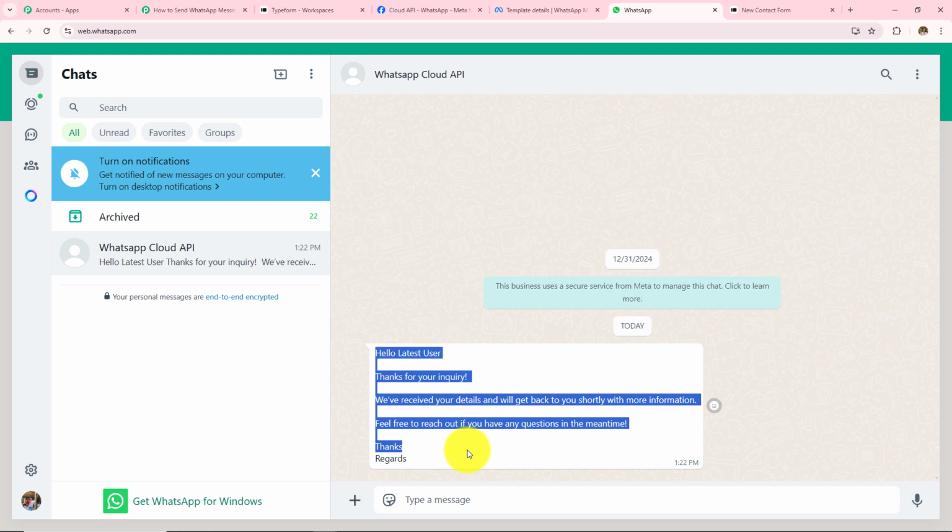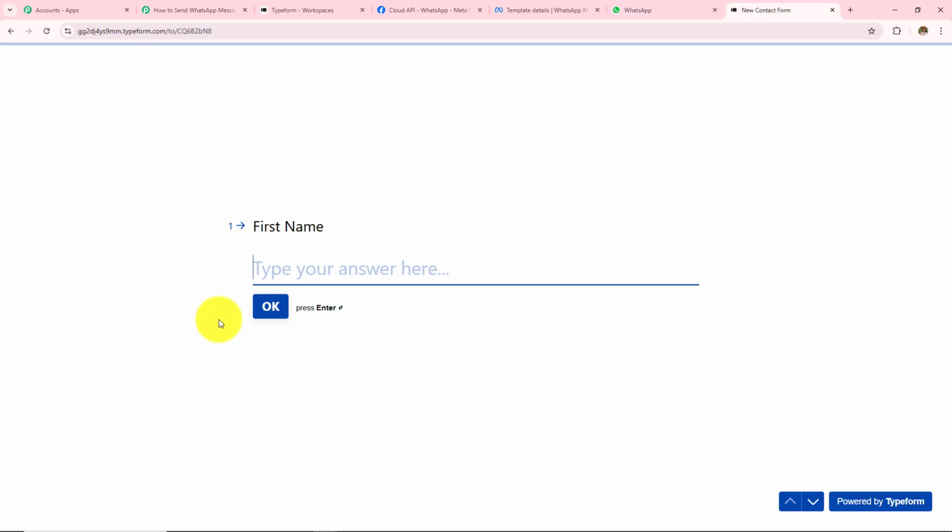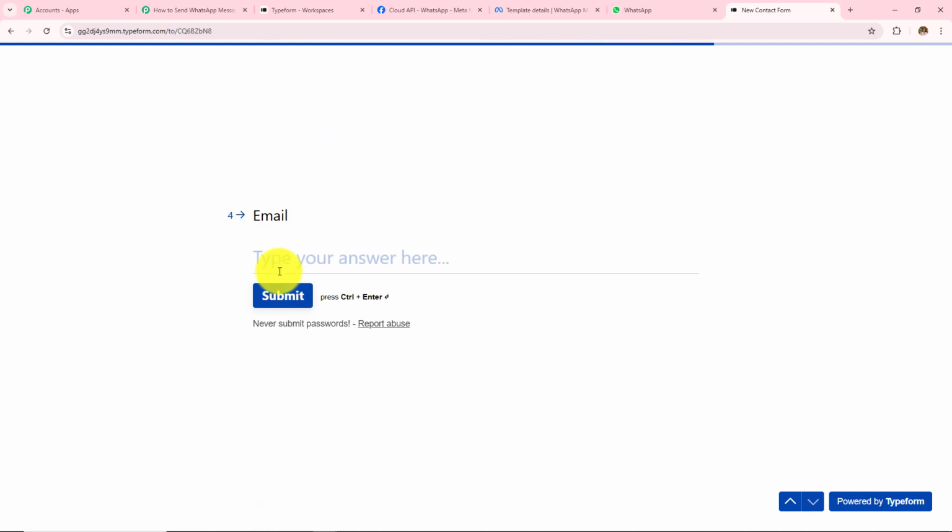Now, so as to check this automation workflow one last time, I am again going to do a form submission with some other details. And if the message is sent to me again, this means this automation workflow is working fine. So here I have added my first name as admin, last name as user, phone number as this, and then the email address as admin123@pablitudes.com. Now I am going to click on this submit.